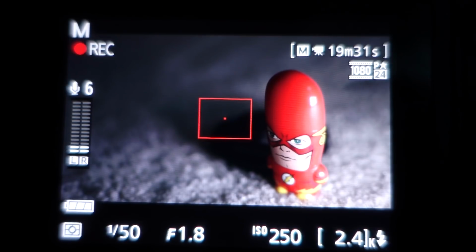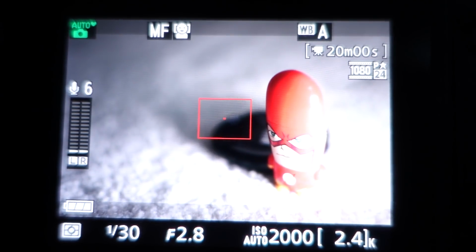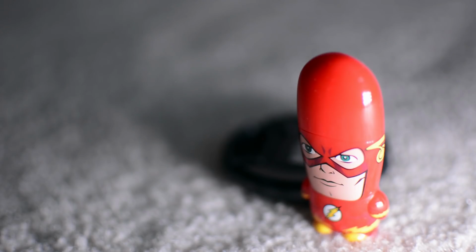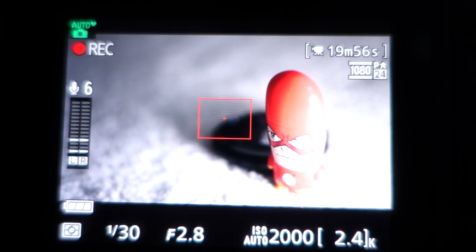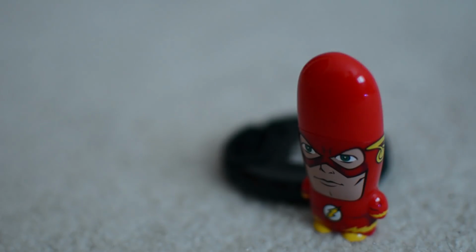In comparison, if I suddenly just turn the camera to, let's say, auto, and I press record, the ISO is set all the way to 2000. I'm shooting at f2.8 aperture and 1/30th, but if I suddenly just take away the light source, my ISO is